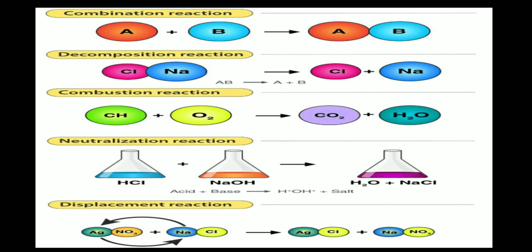This is one slide I have introduced in between. This helps you to better understand how the atoms combine and how the atoms break down. Here A and B are the two atoms of individual elements. They combine and then form a product, that is AB. You can get one simple clarity on how the atoms will be combined or decomposed.